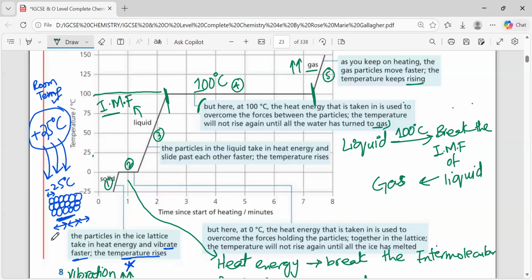Okay, at point 4, what will happen? It will go to 100 degrees, and the boiling will start, and it will go from liquid to gas. Why? What is the reason? Because it breaks the